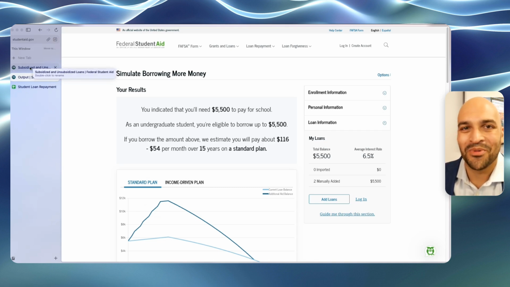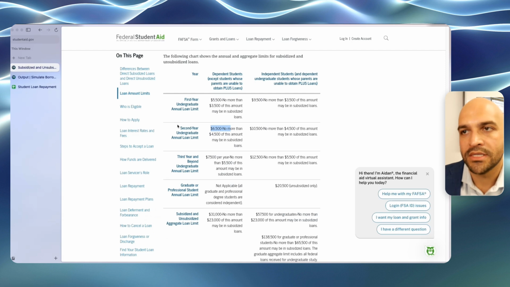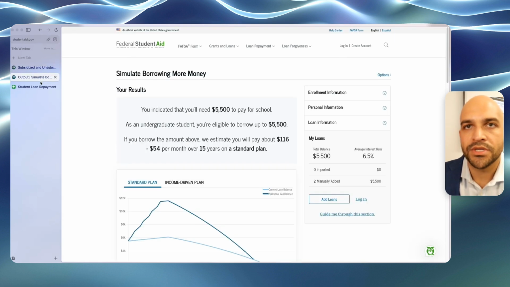And that's why there are programs that help you to get scholarships. There are some different opportunities for internships where you may be able to pay down the loans a little bit faster or borrow less because of that. But I would encourage you to go on to StudentAid.gov, get familiar with these terms, play around with the calculator,